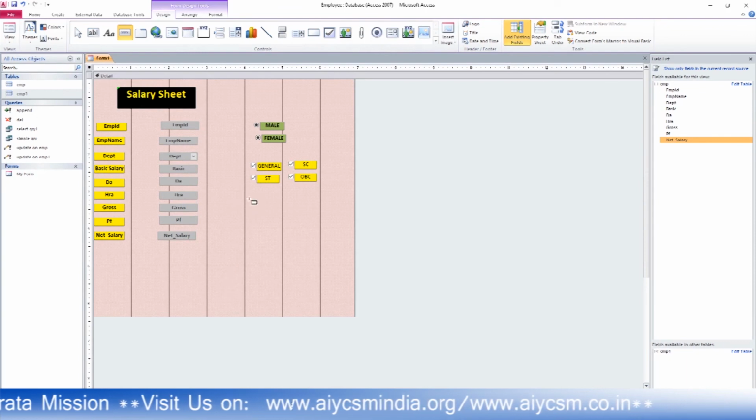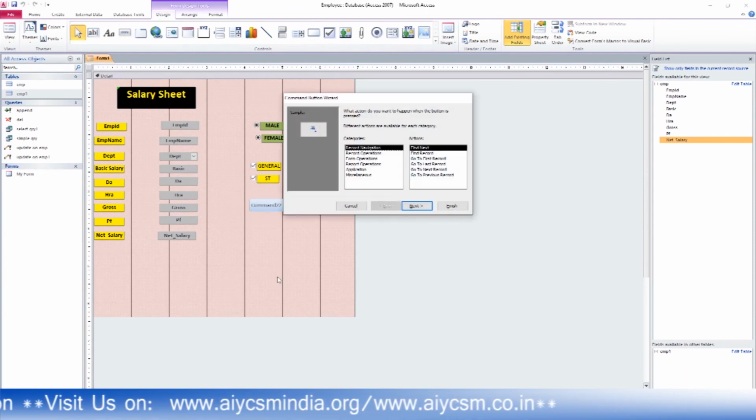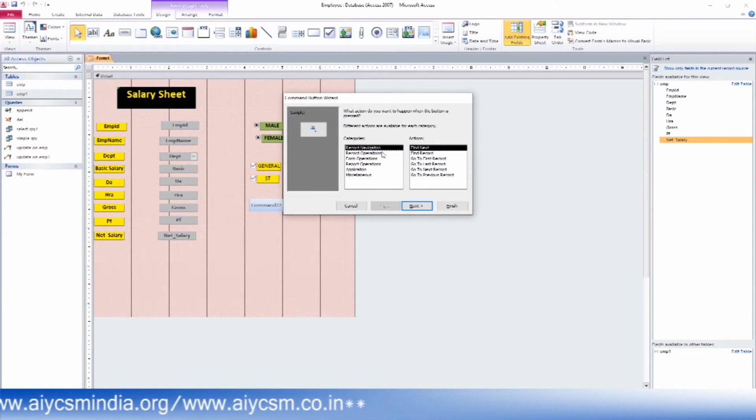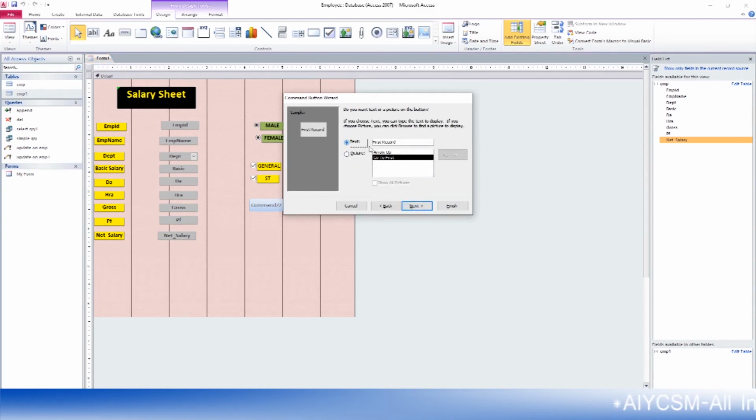This is one button. Click on this one, and you will find this dialog box, record navigation. I just want to give the action to this form: first record. Next, and write it as FST RT, first record. Next and finish.